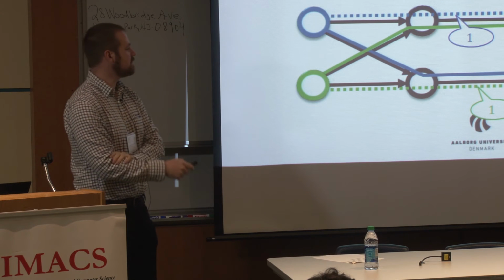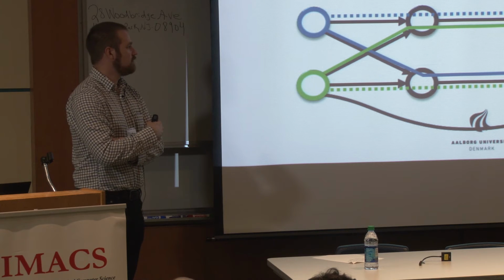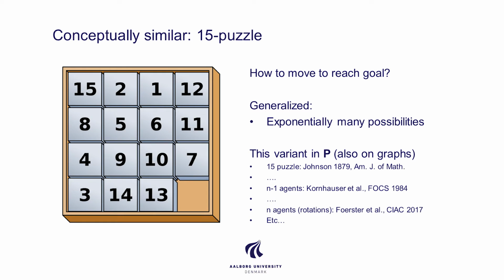But what happens if you have some free capacity somewhere else? Because then it's a bit like variable swapping. You could just move one flow somewhere else, then you move the other one, and you're done. Conceptually, it's a bit similar to the 15 puzzle you probably know, where you have to move these numbers around to get in the end an arrangement from 1 to 15.